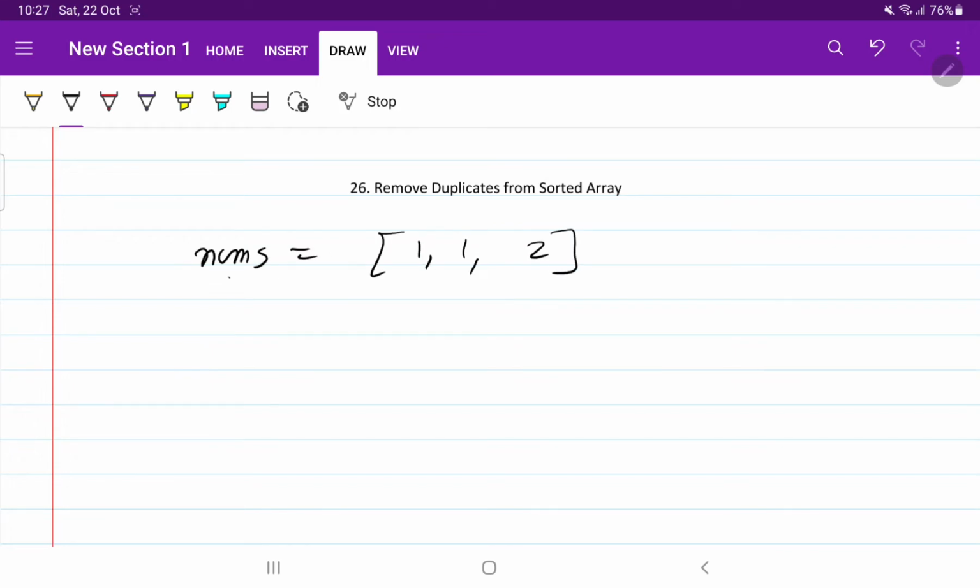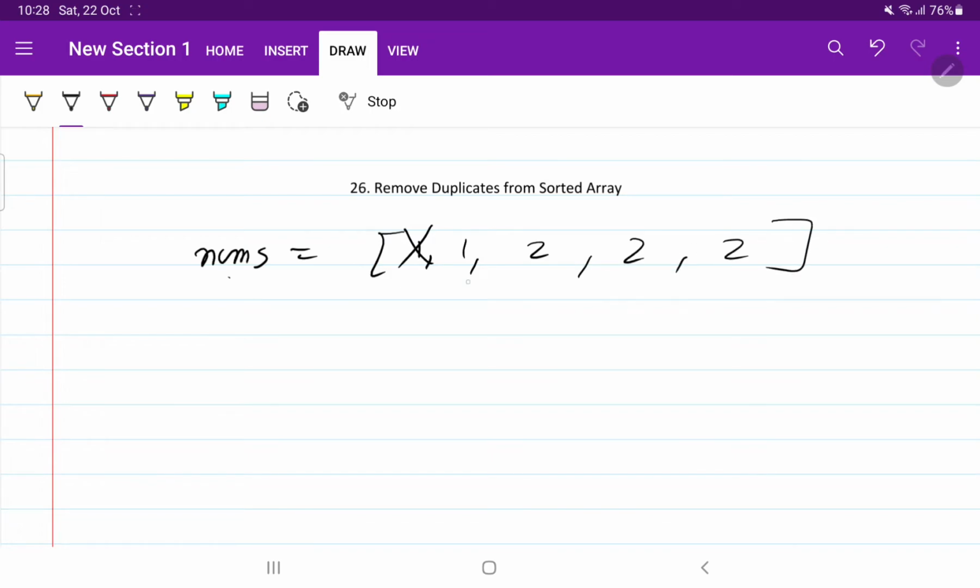Okay, what we can do is we can traverse all the elements of the array and we can compare two elements. Okay, we can compare these two elements. If the value is the same, we will remove this element. Then we will come to the next element and do the comparison. If the elements are not equal, then we are not going to do anything. We will move to the next element.